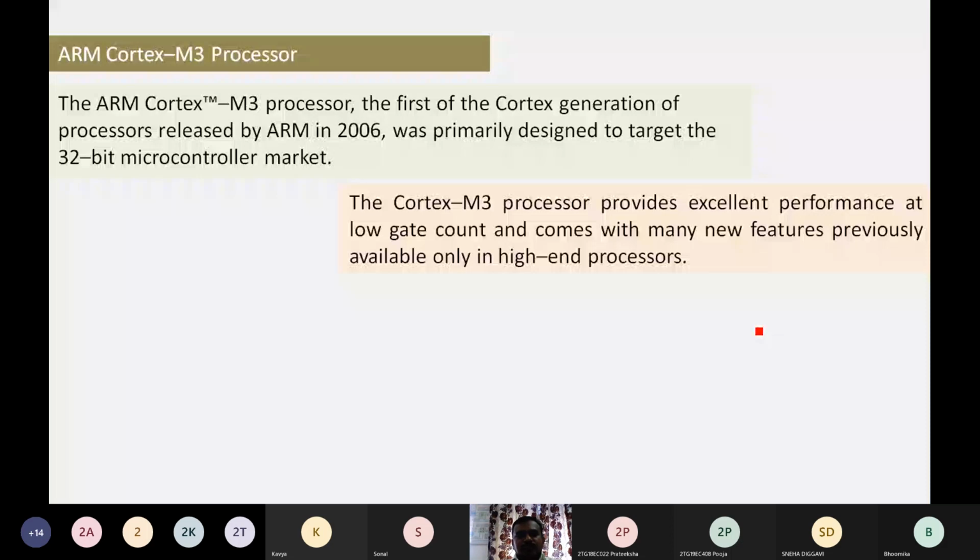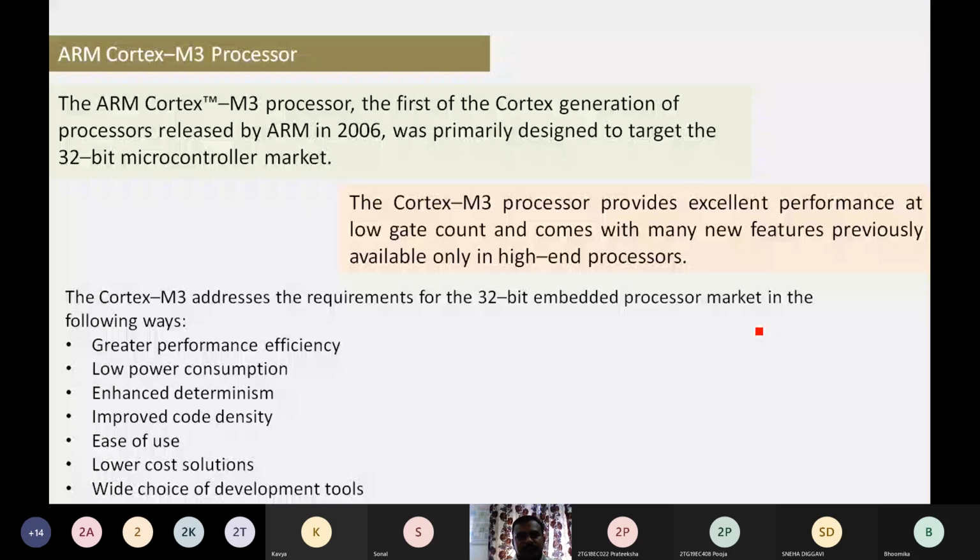And what are the performances delivered by this Cortex M3 processor? This processor is going to address the requirements of the 32-bit embedded processor market. So what are the key features it is going to address?